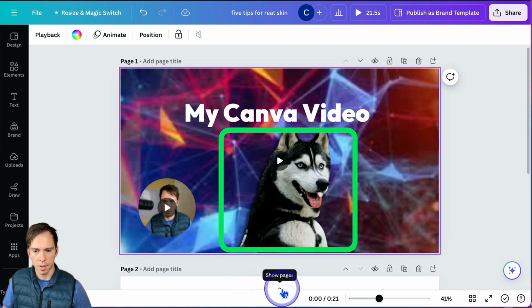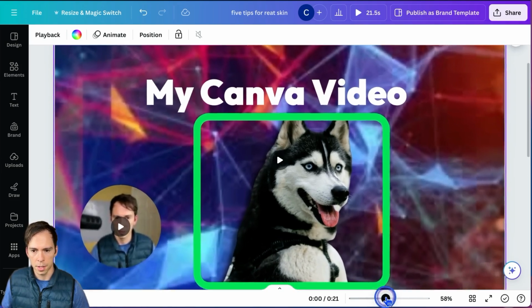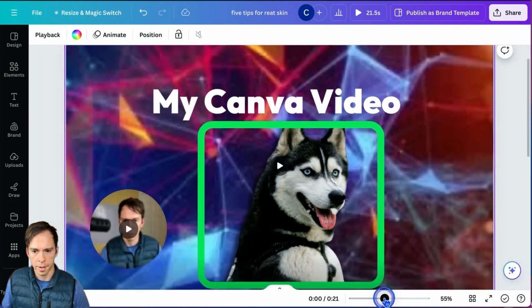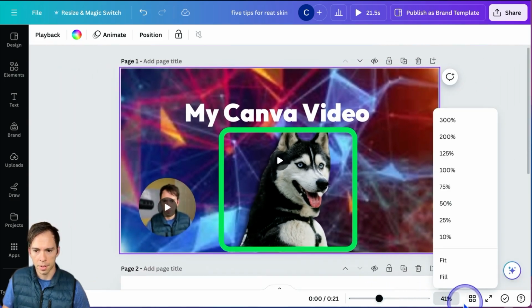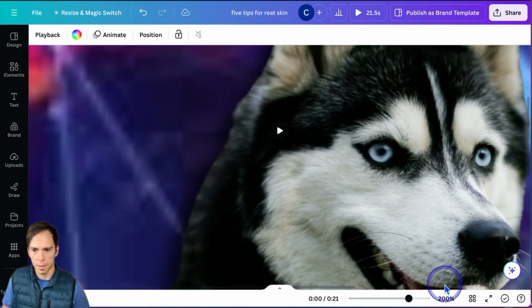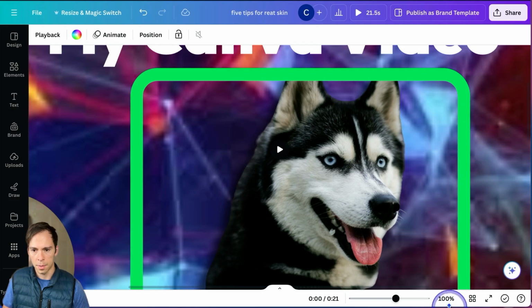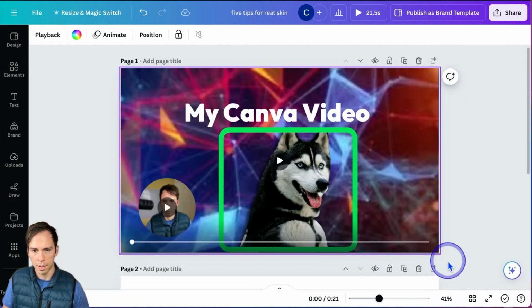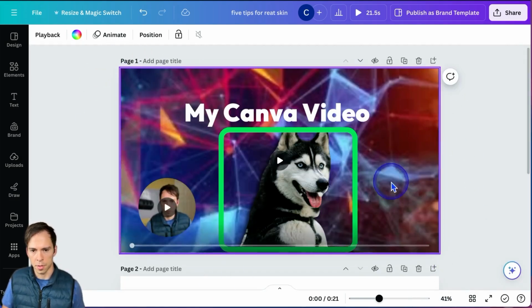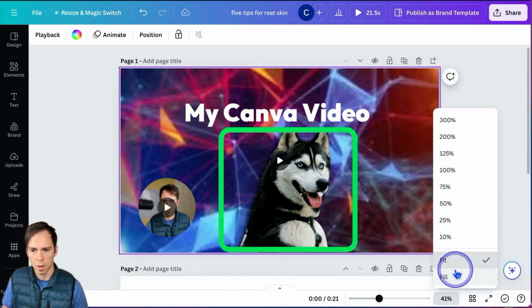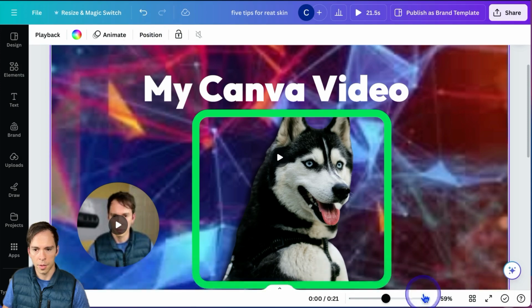Kind of hard to see. It's just that little arrow in the bottom middle. You can change the zoom of your project with this slider on the bottom. And you can see that it's currently at 41%, but you can also change to presets like 200%. That zooms way in, 100%, or you can do fit, which will give you this sort of standard view, or fill, which is going to fill the entire editing window that you have.